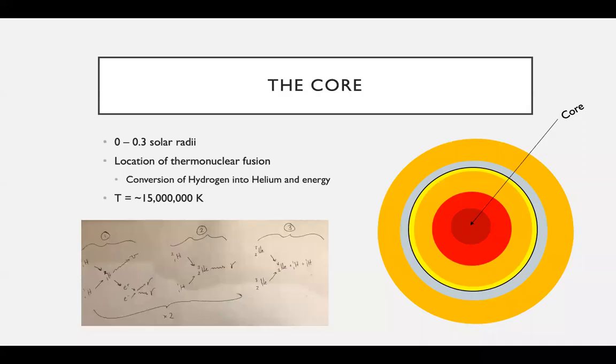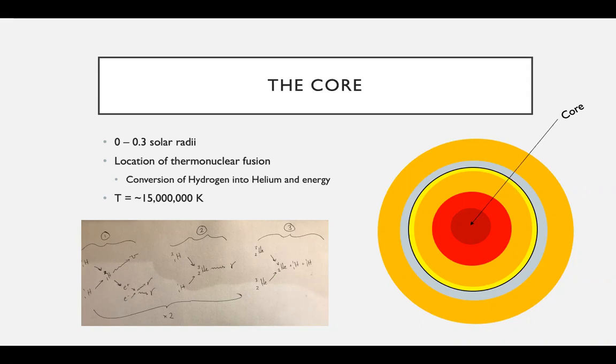So to begin, we're going to talk about the core, which is where energy is essentially produced in the sun, which then radiates outwards. You'll note that in each of these slides, I have a simple diagram of the sun on the right side. This delineates some